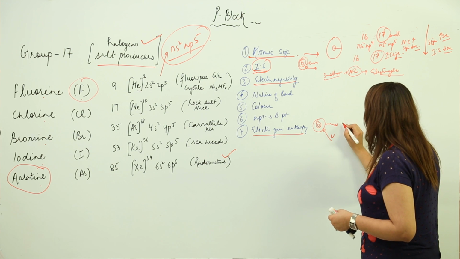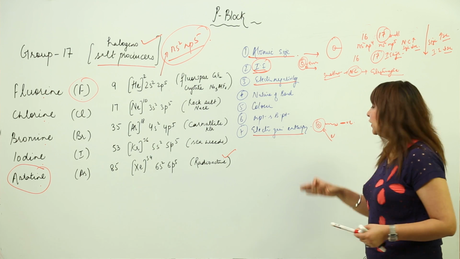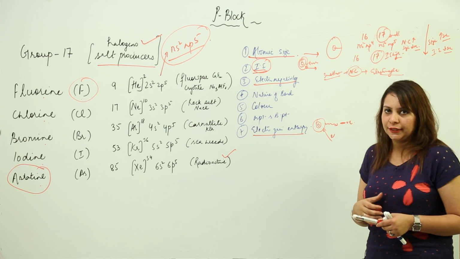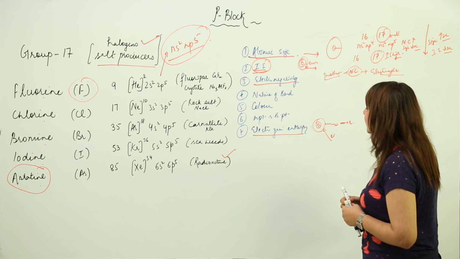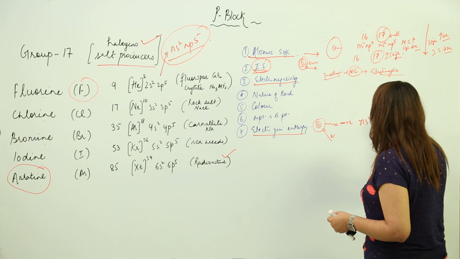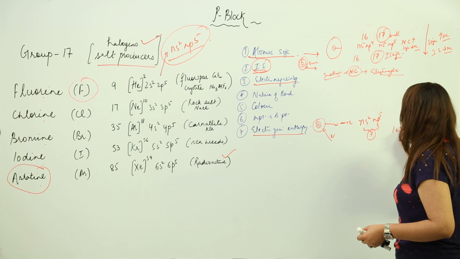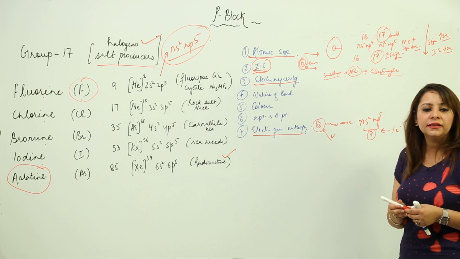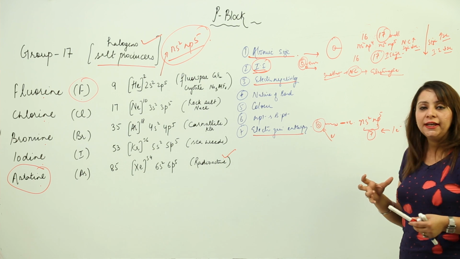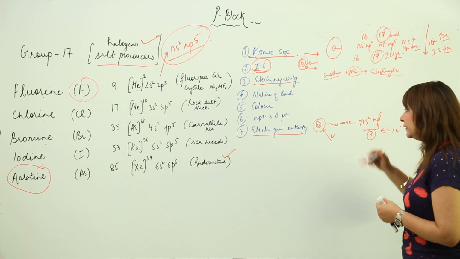So that means here the electron gain enthalpy is negative. More energy released means more negative electron gain enthalpy, and more attraction for the incoming electron. As we have seen, they are nearer to the noble gas configuration, with 7 electrons in the valence shell. So they need only 1 electron from outside, and after taking 1 electron they will attain a noble gas configuration. So they have an attraction for an electron, and therefore their electron gain enthalpy is the most negative in